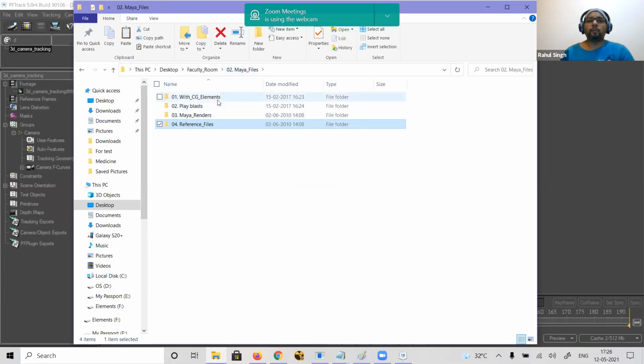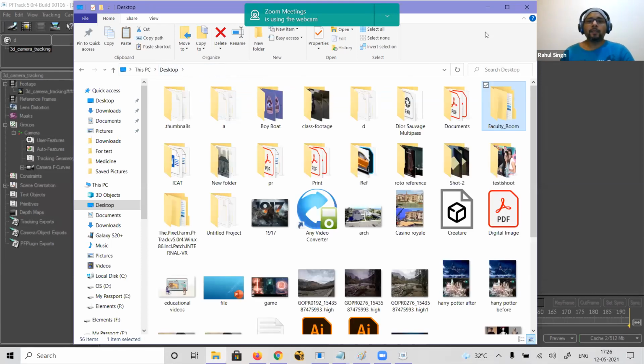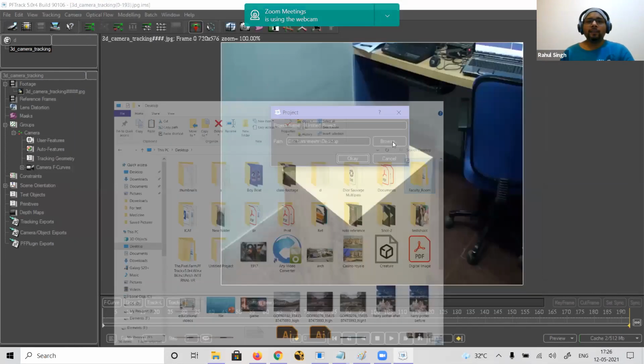So you can do the direct project setting. You can do it in this folder only for Maya. Okay, and the last one is the COM files. You have COM files, meaning your Fusion, Nuke, or After Effects software file, and the final render output will be there. Okay, so this is what we need to have. Okay, so what I'll do is I'll save it to that file.